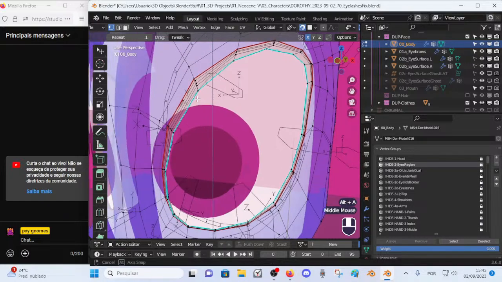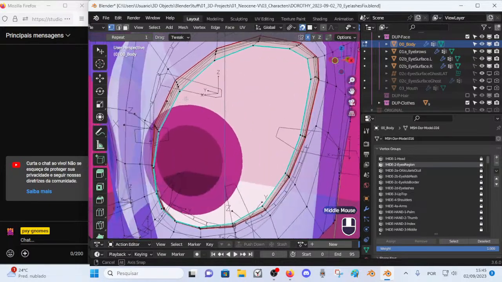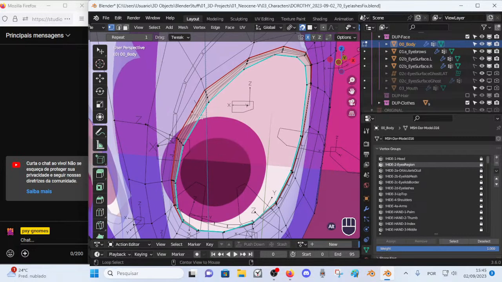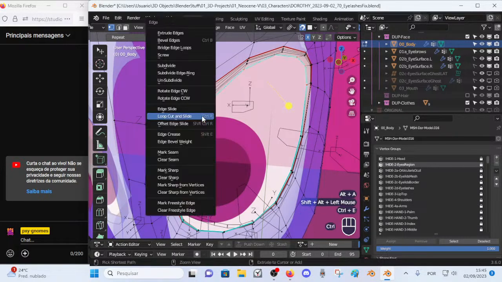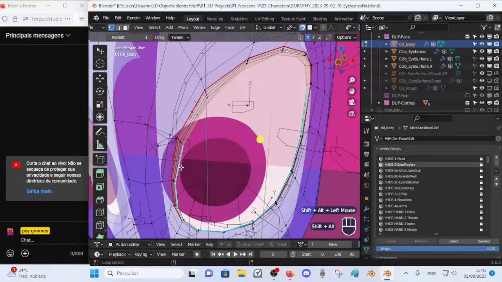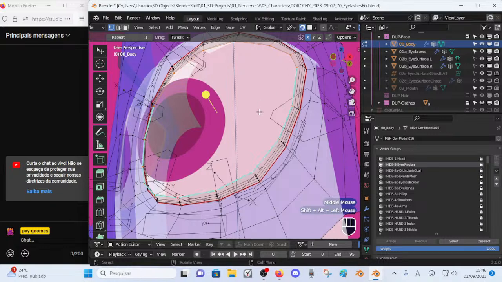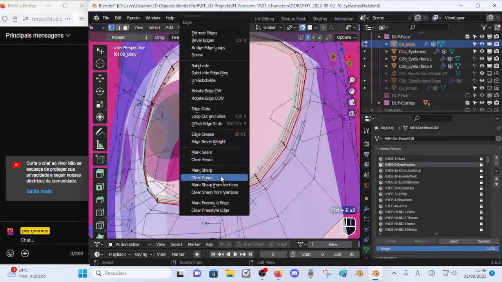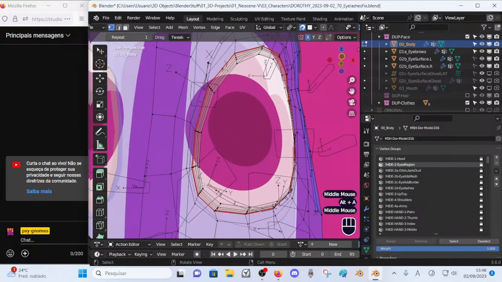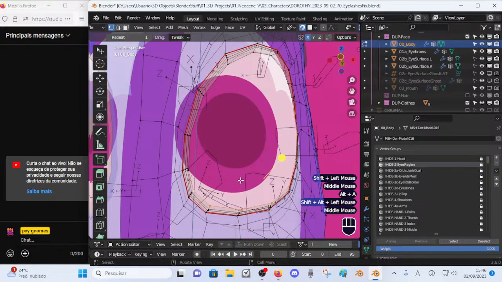It's even a different material. So yes, and then this could also, instead of so clear sharp, this could all be clear sharp. This could all be different